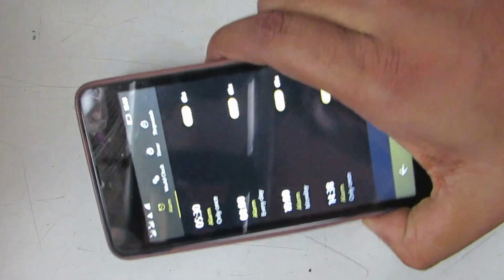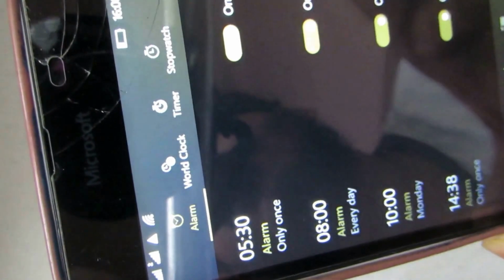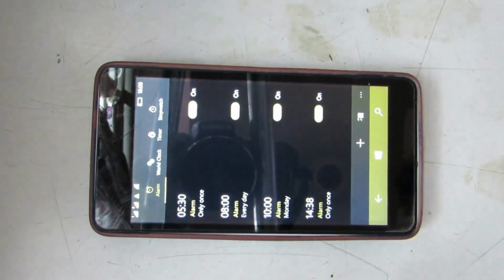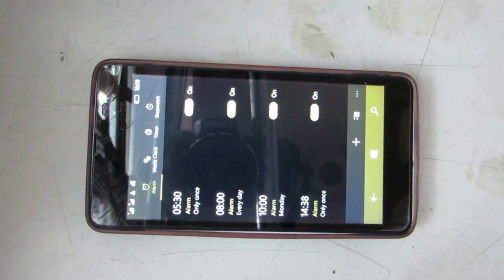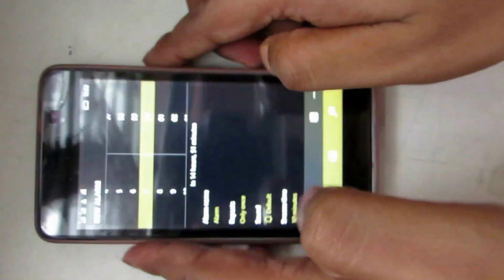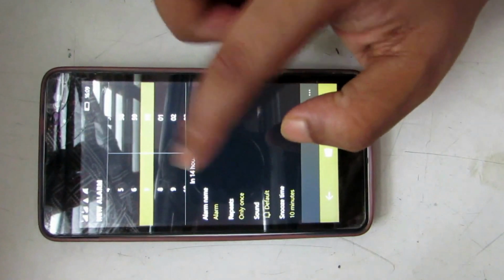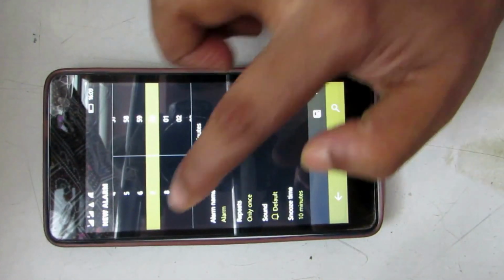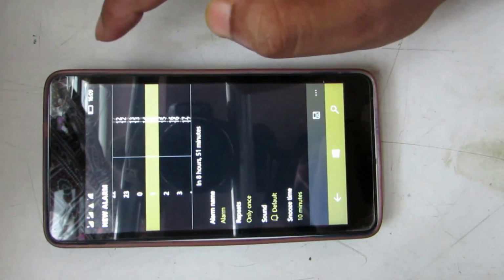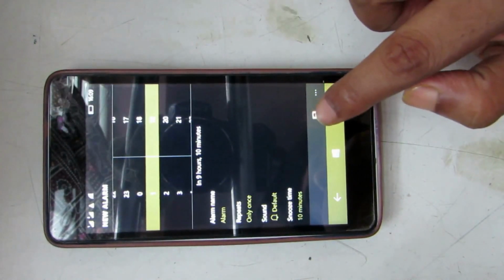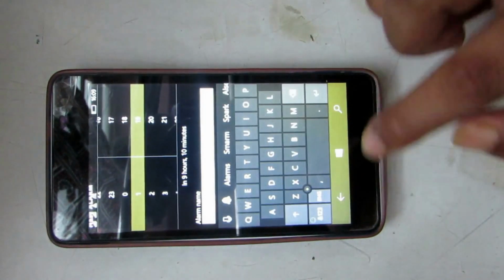The options it will present here are alarm, wall clock, timer and stopwatch. You can see that you can set an alarm so smoothly and in a detailed manner. Just go here, click on plus. Now the time will come. You can get the details of time, 10, 11, 12, 13, 14, as you like. You can also set minutes as well. Then save it. Or you can change the alarm name here.